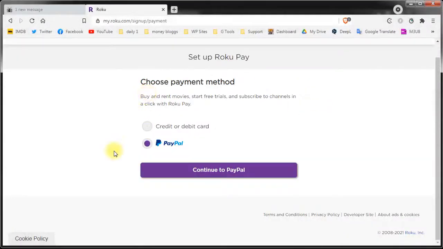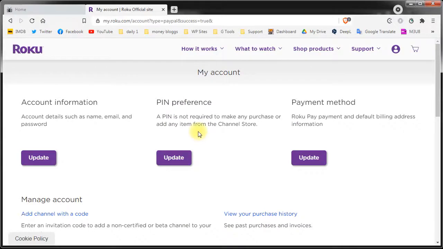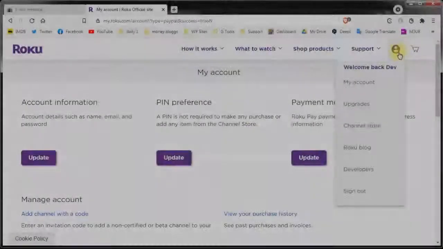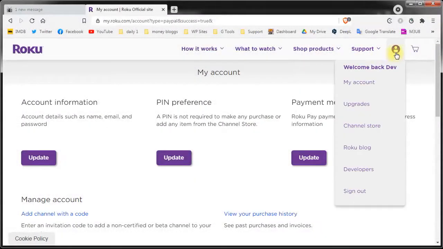For these demonstration purposes, I will just add a PayPal and click continue to PayPal. After you've authorized and connected your PayPal to your account, you will arrive to the My Account page. Going forwards from here, the setup process is the same for those who already have a Roku account created and they just sign in. From the upper right corner of the monitor, scroll over this little face icon from the